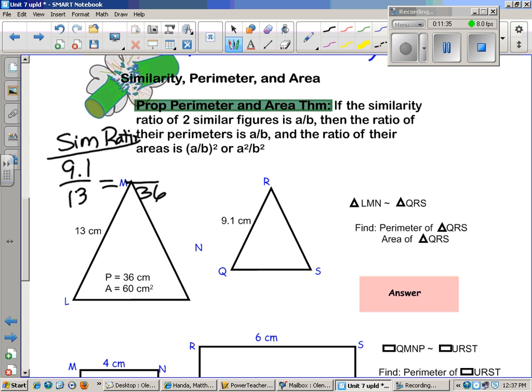Yeah, that's the most common mistake that I just made: since the perimeter goes with the 13, it has to be across from the 13. All right, and then the perimeter of this shape is what we're looking for. So I cross multiply and solve. So I get 13x equals, I don't know, what is 9.1 times 36? 327.6. Divide by 13, and I get x is